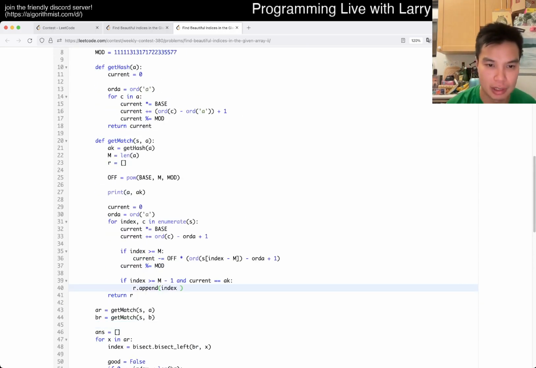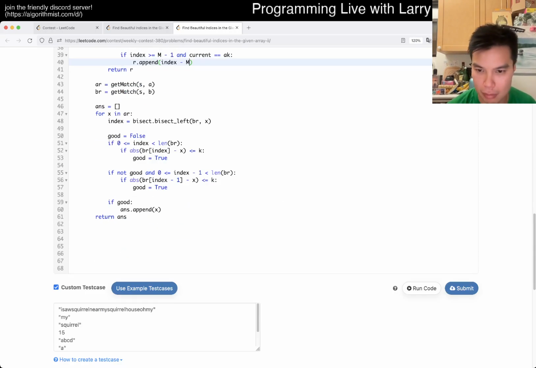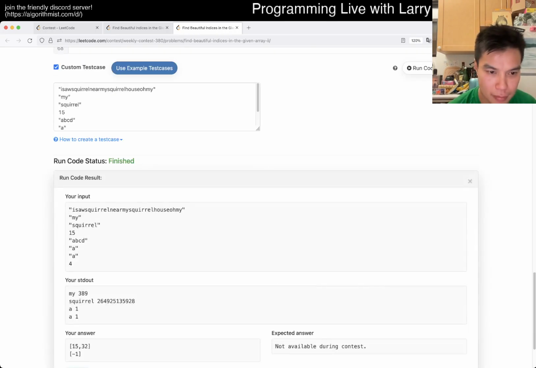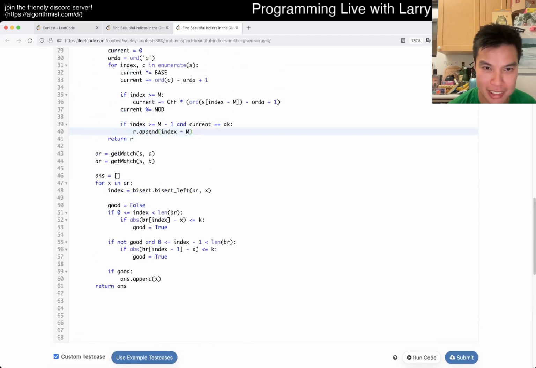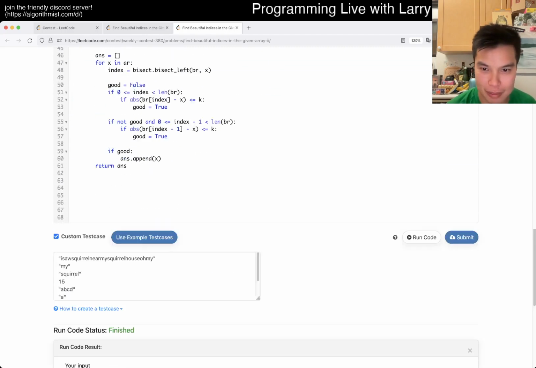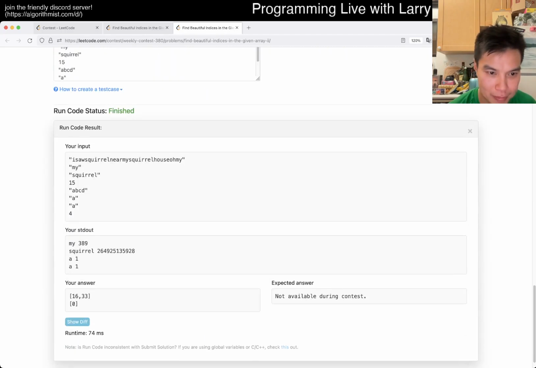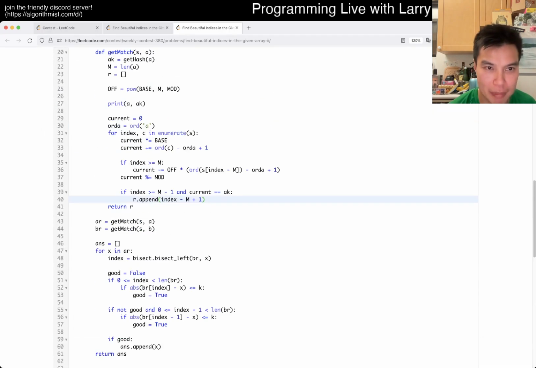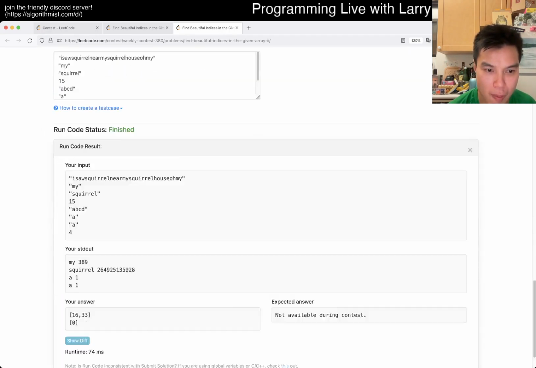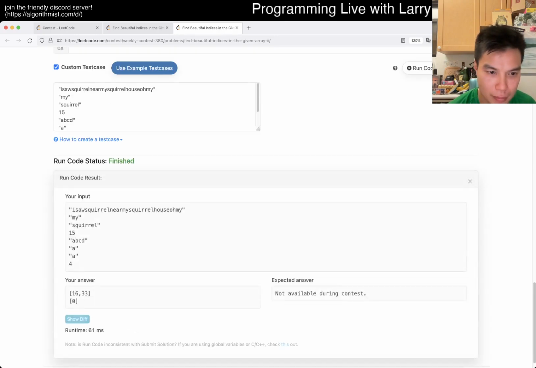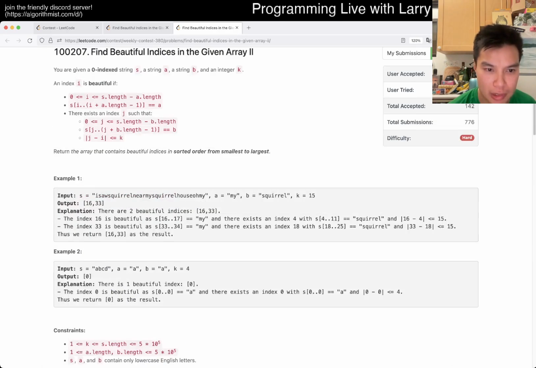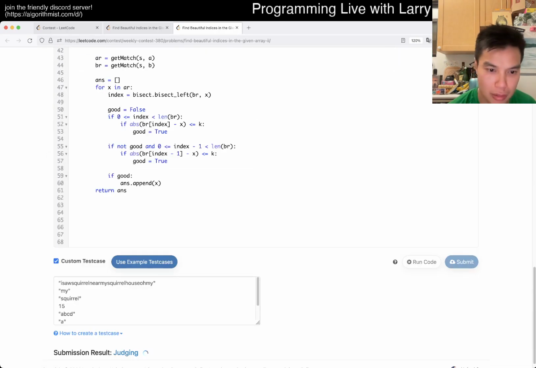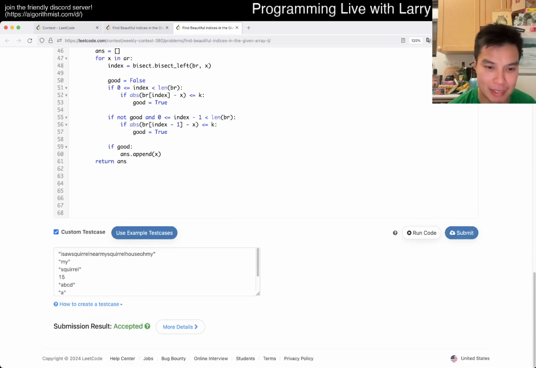So then we want index minus m, plus 1. Also, am I printing stuff? I am printing stuff. Not that much though, but 1633. All right, let's go. Come on, please. All right.